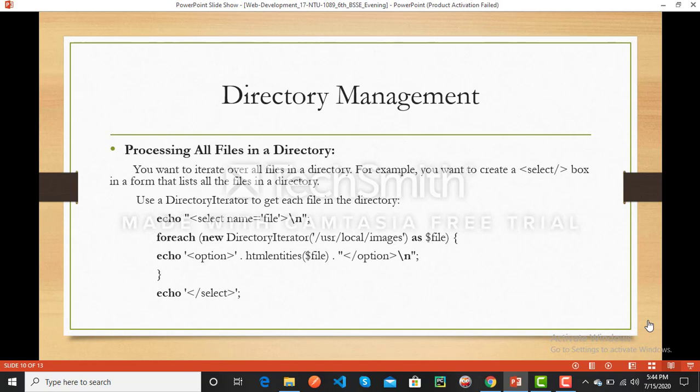This is our image file name, dot gif and dot png. This is the solution for directory upload, image upload. It means how we process all files in a directory.